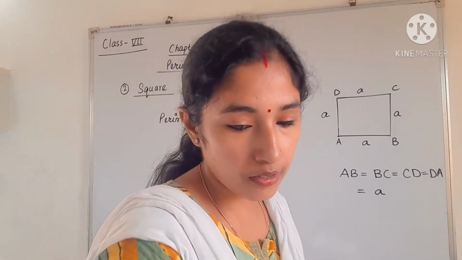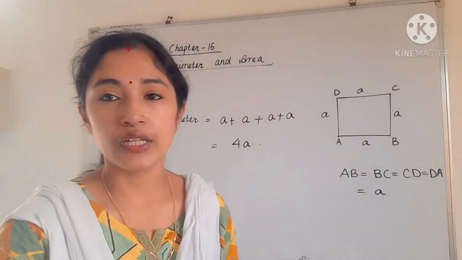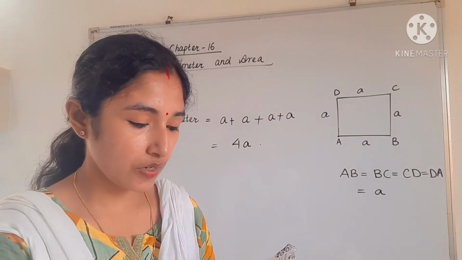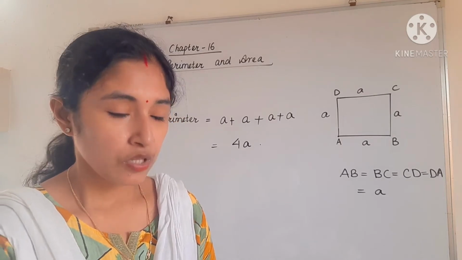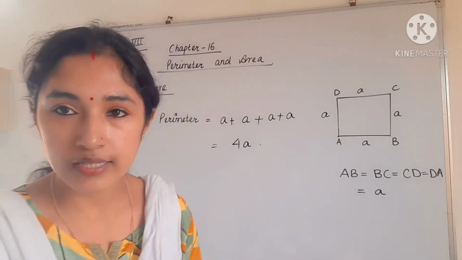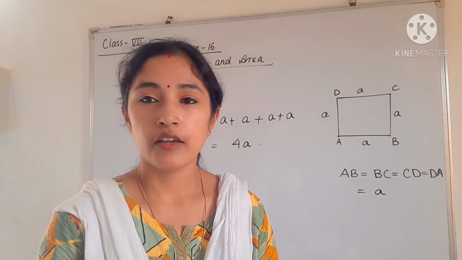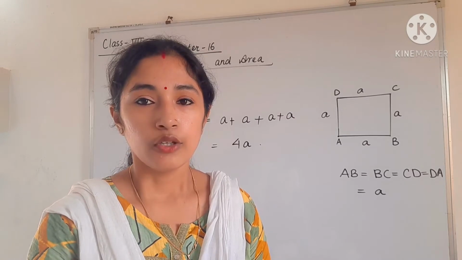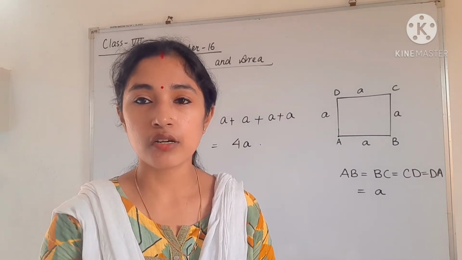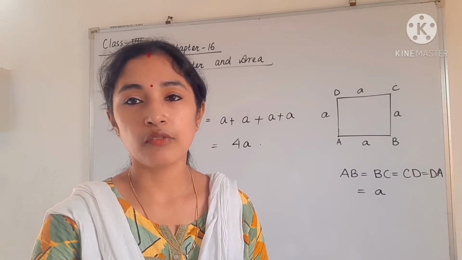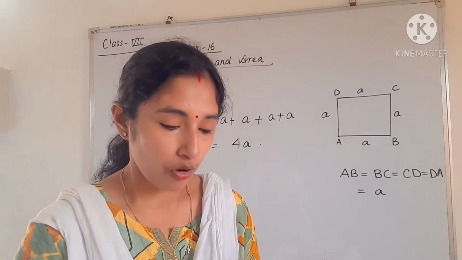So next is the table, that is 16.1. You can see here there are many objects. There are 2-dimensional objects which are given. So the first one is equilateral triangle, the second one is isosceles. So we know in an equilateral triangle all the sides are same. Okay, so if all the sides are same, and if we are taking the side as A units, then the perimeter of the equilateral triangle will be A plus A plus A, that will be 3A. So it is given already in the table. So you have to remember the formula of perimeter.